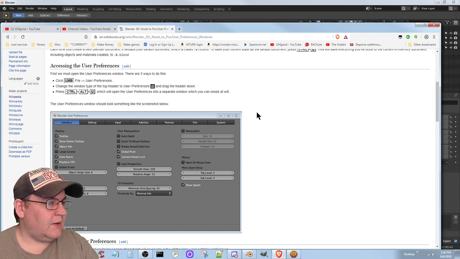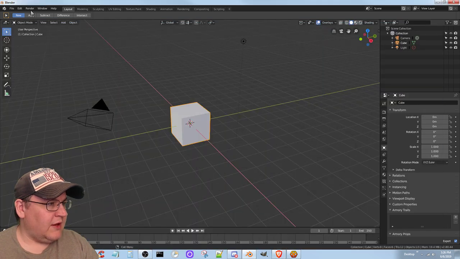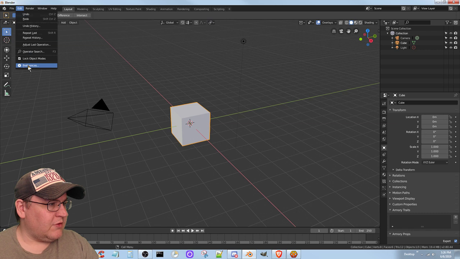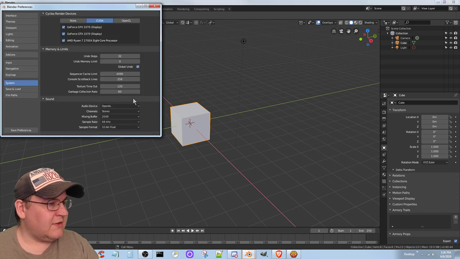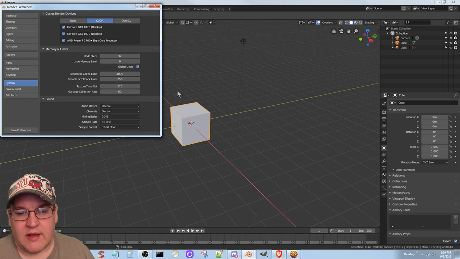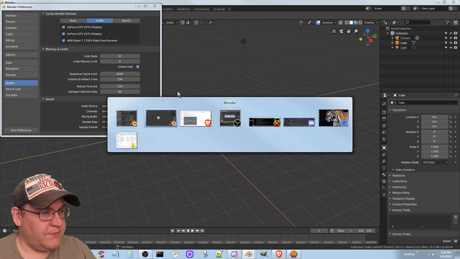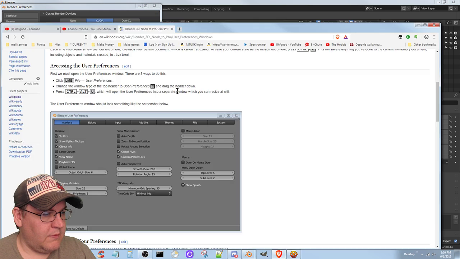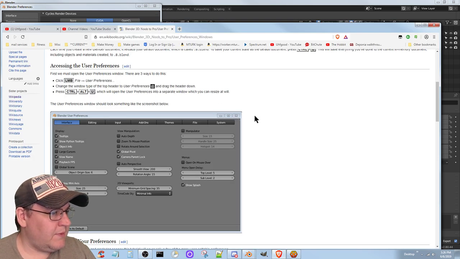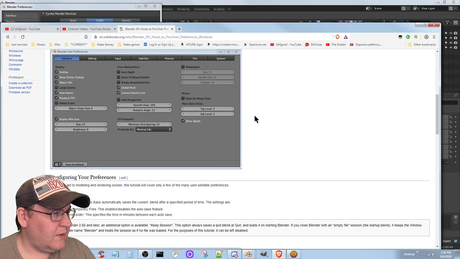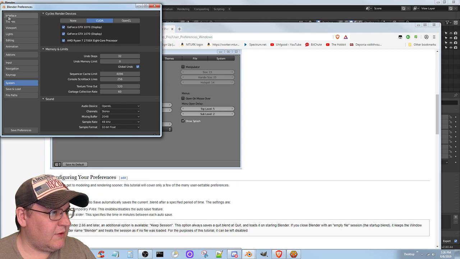So, here I'll show you how to get into Windows preferences, into user preferences. And that's Preferences under Edit. It's no longer in File. It's under Edit. Okay. It's a little bit different. See, interface,